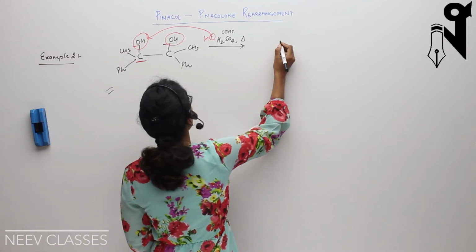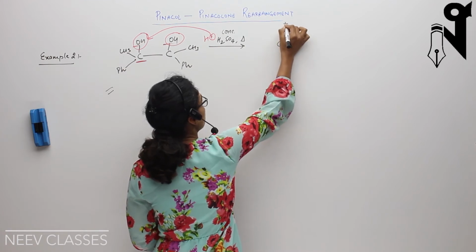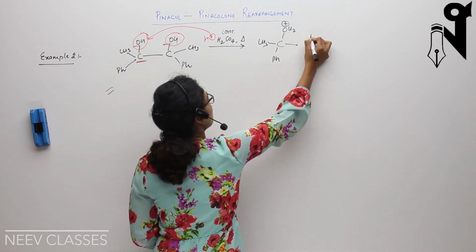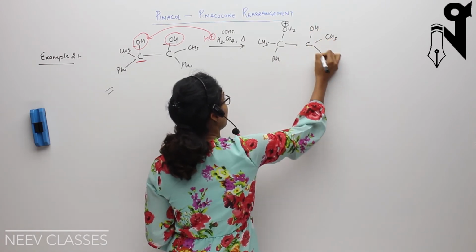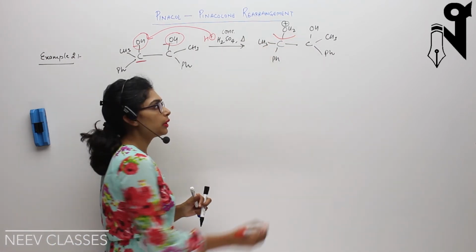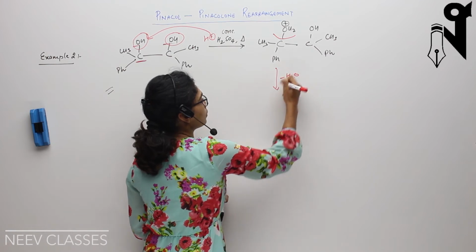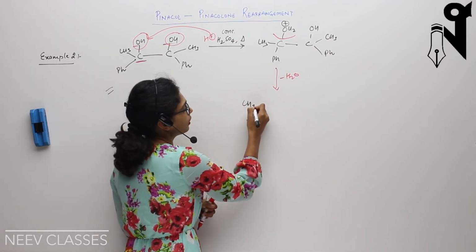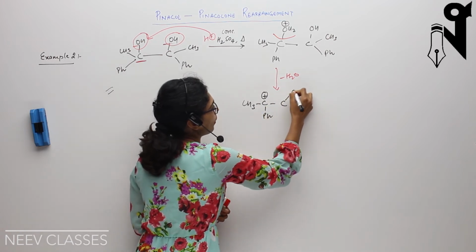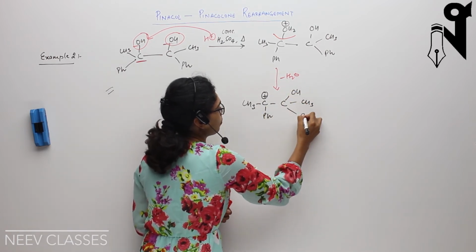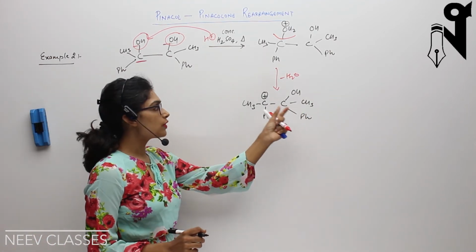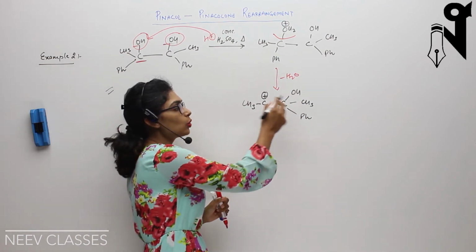So the protonated alcohol will look like this: OH2 plus, CH3, Ph, OH, CH3 and Ph. Okay. Now removal of this water will take place, and a carbocation will be formed: CH3, C plus, Ph, C, OH, CH3 and Ph. Now when the migration of a species has to happen, so that this plus can go to the adjacent carbon,